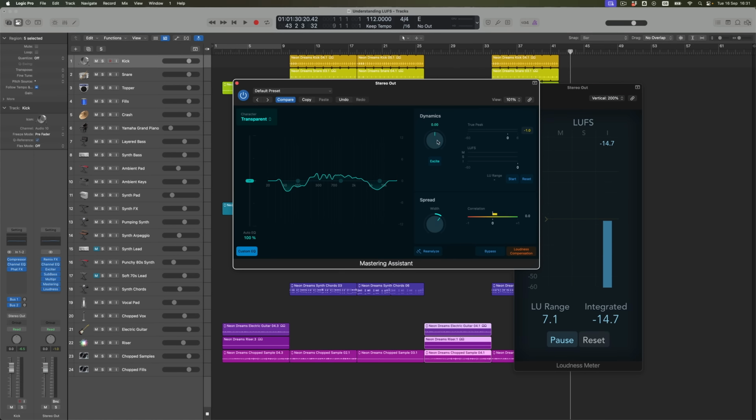I could come back into Mastering Assistant and actually begin to reintroduce some of this loudness if I really wanted it to be louder. I'm going to just make one point just to remind you, actually the Spotify algorithm would turn this track up a little bit because it could come up by 0.7 dB in terms of its integrated LUFS measurement. So if I don't do that, it's not a disaster, it's still going to be loud.